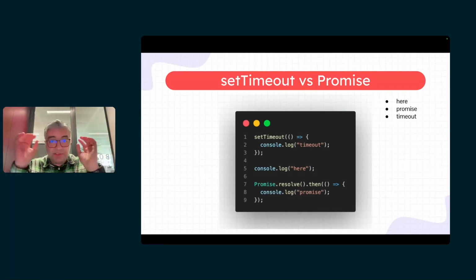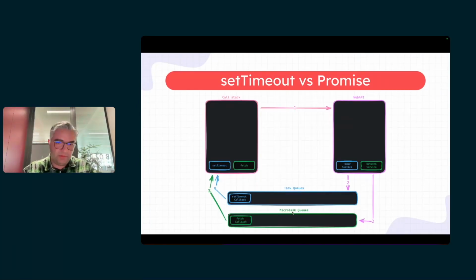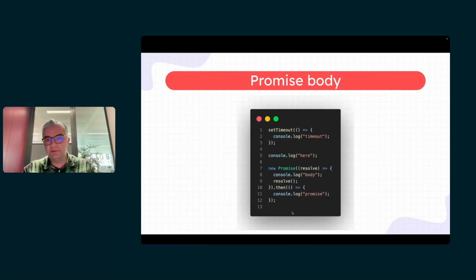Both timeout and promise have been resolved. Which one is supposed to come first? Promise. So here, promise, timeout, not here, timeout, promise. Promise priority is higher because it goes to the micro task queue. Nice.